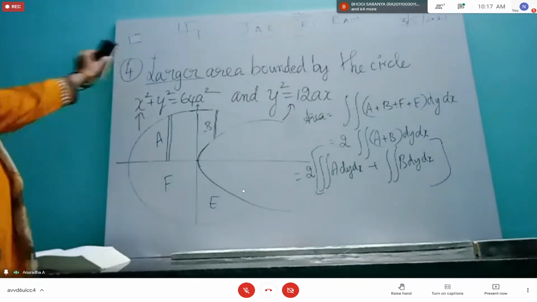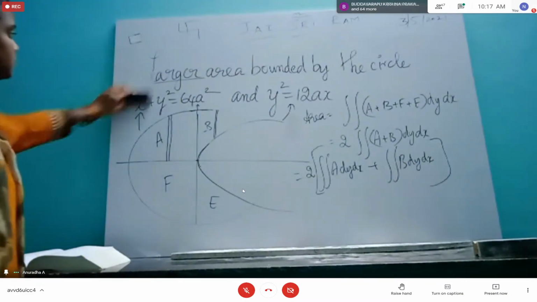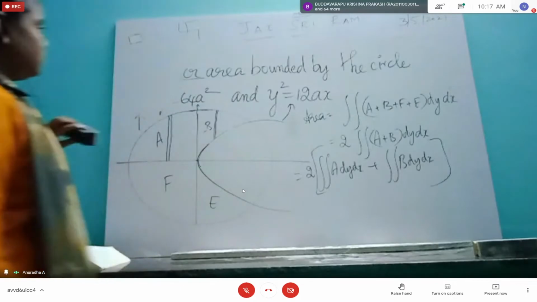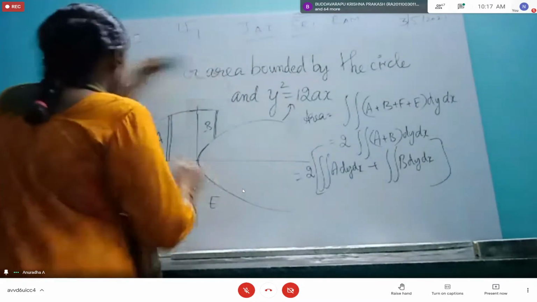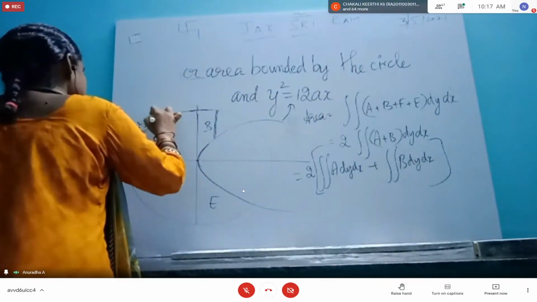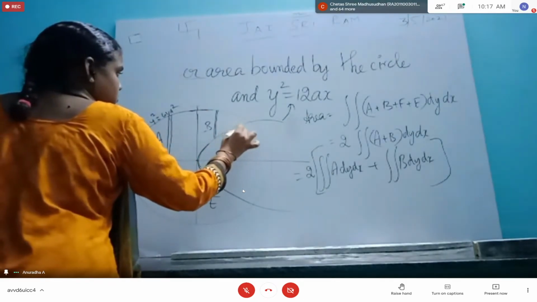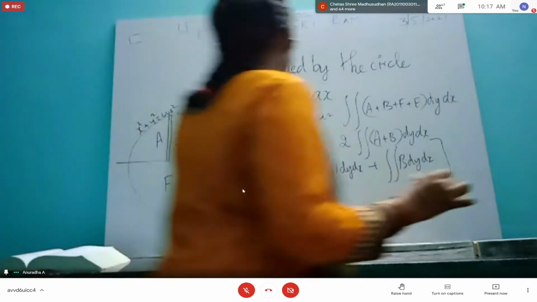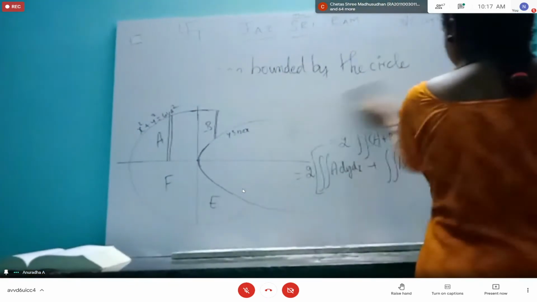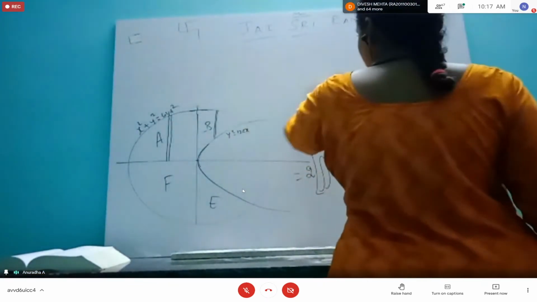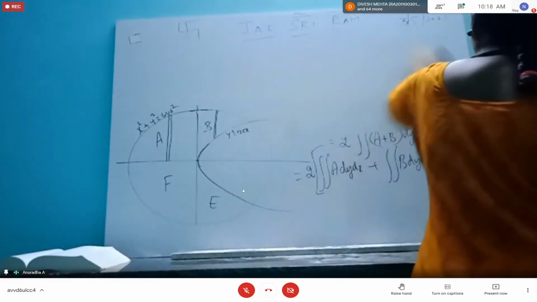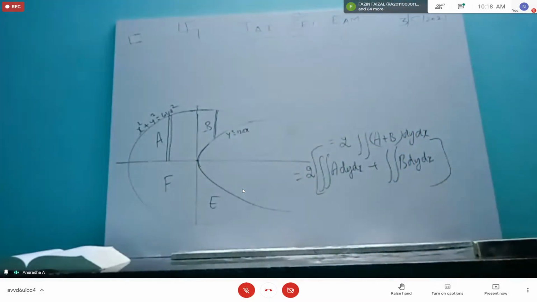Now can I raise the question? I need the equation. So this is x square plus y square equal to 64 a square. This is y square equal to 12ax. So those who think that you are okay with writing the limits, please take it now as a test. Don't listen to my blabberings. You try to write the limits. Cross check with me thereafter I finish.